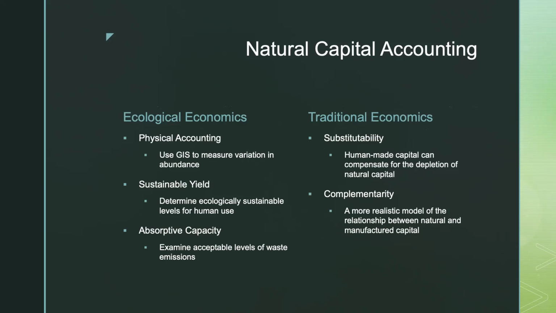Ecological economists also use a concept of sustainable yield, which we saw in the lecture on common property resources. Sustainable yield came up when talking about fisheries. This is the idea that we can mathematically, using the biological, physical, chemical, ecological factors, determine an ecologically sustainable level of human use of those natural resources, and that we could create policies to sustain those levels over time so that we don't cross the boundary into degeneration or depletion of that resource.